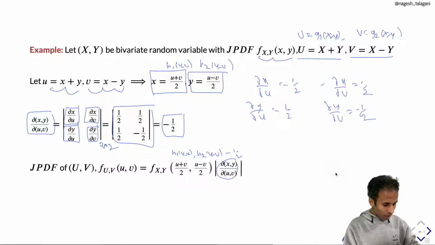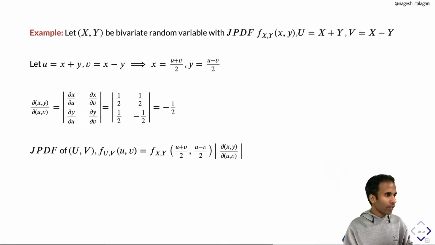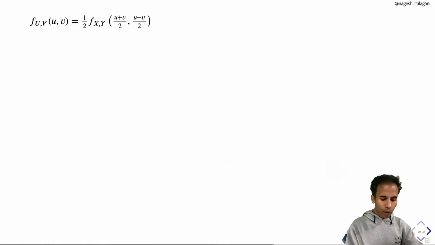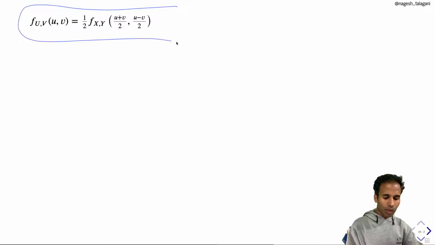So now let me clear this. Now we can write it like this. Joint PDF of UV is going to be 1/2 times f_XY of (u plus v)/2, (u minus v)/2. Okay, this is the joint PDF of UV in terms of joint PDF of XY. For example, if I take X and Y are